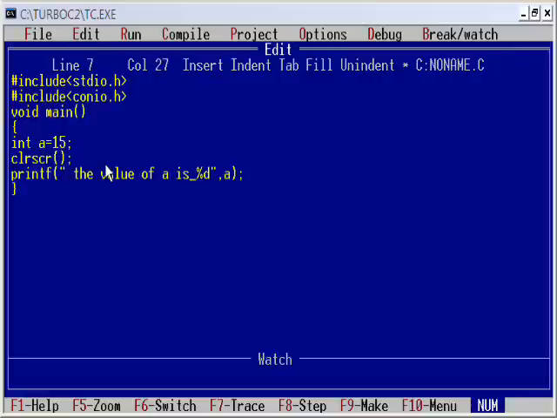Now let us check what are the common mistakes we make while using a printf statement. Whatever message or value we are printing should be enclosed in these double quotes. If we skip this, the compiler will get confused about what is the starting point of the printing message and the ending of the printing message. So if I remove this double quote from here, the compiler gets confused about which is the ending point of the printing message, so it will raise an error here. Let's check what error it will raise.